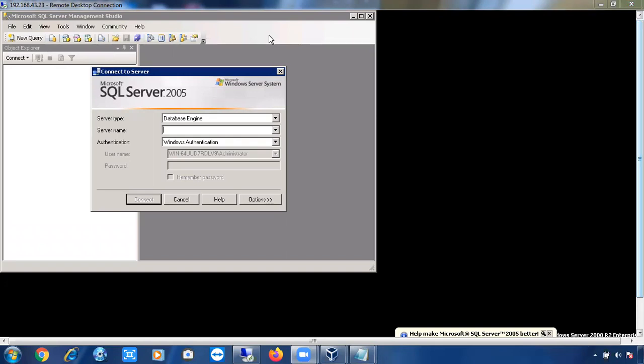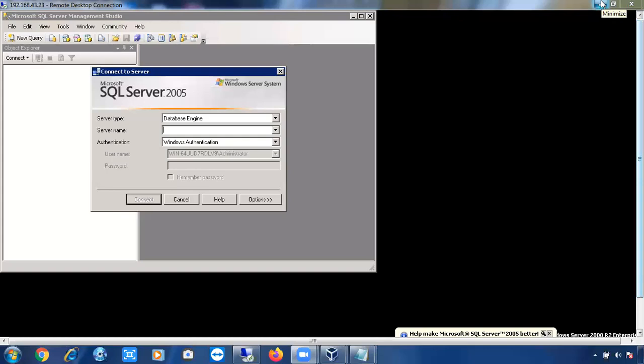Can anyone tell me the Windows Server versions? Okay, at the beginning of the class itself, I will ask the SQL Server versions and Windows Server versions.